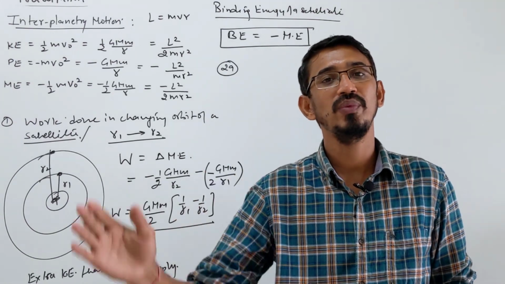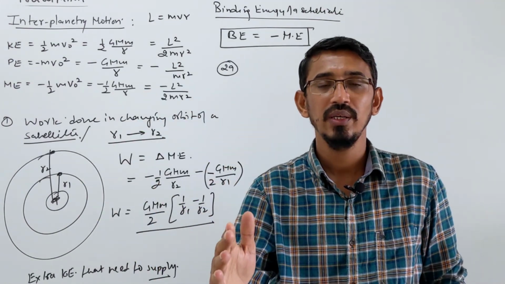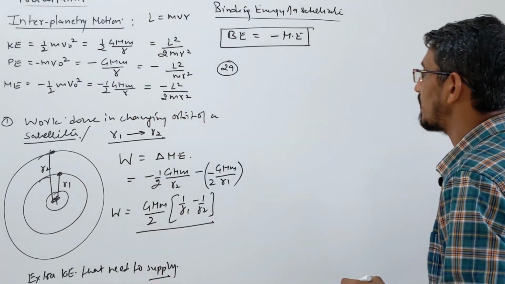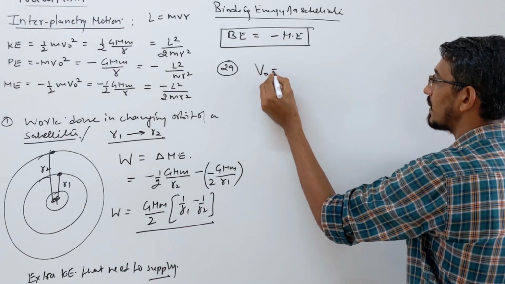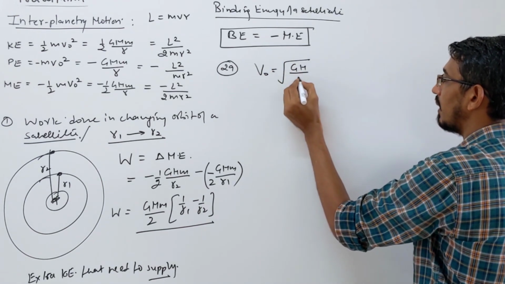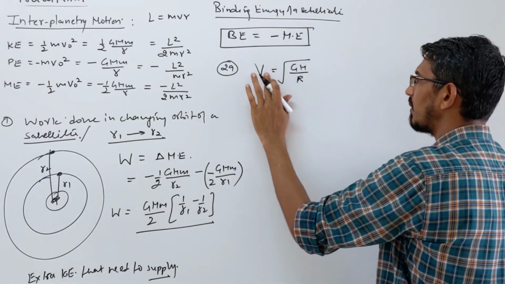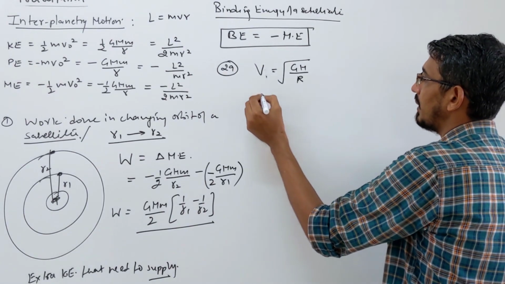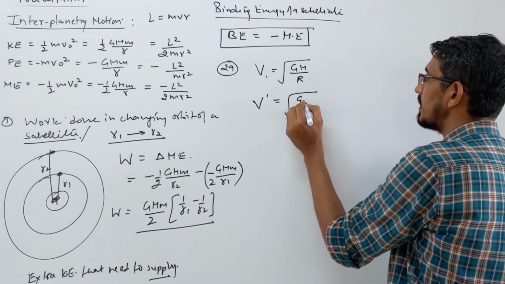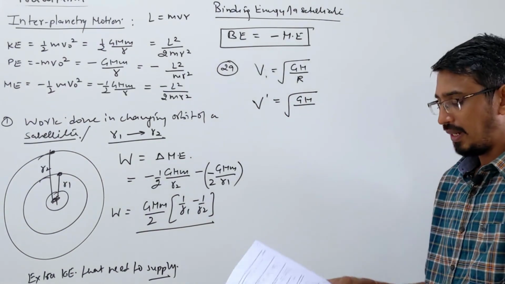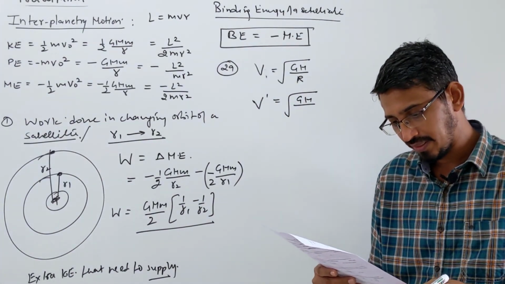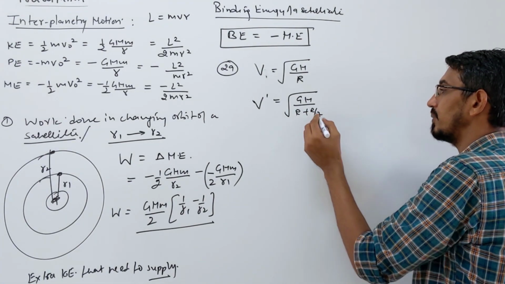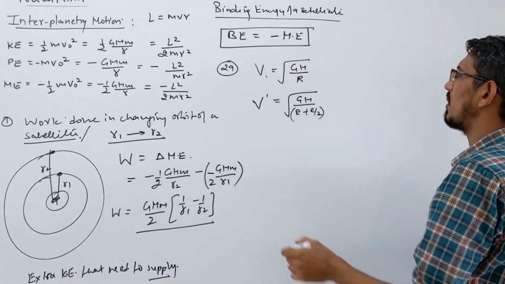Orbital velocity of a satellite moving near the surface of Earth is given as V. Then they are asking what's the orbital velocity at some height, correct? What is the formula near the surface of Earth? Root GM by r, and this is given as V. Now if it is moving at some height, let's call that V dash, only the height is changing. R plus h we will write here, and h is given as half of the radius of Earth. So r plus r by 2.